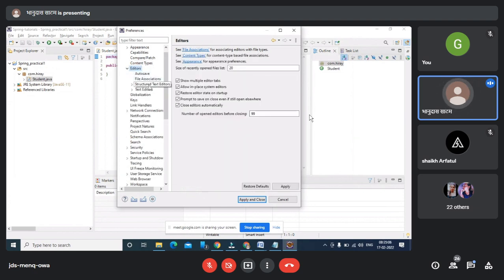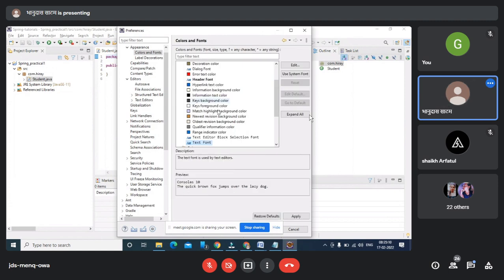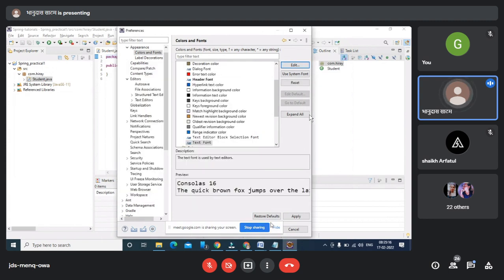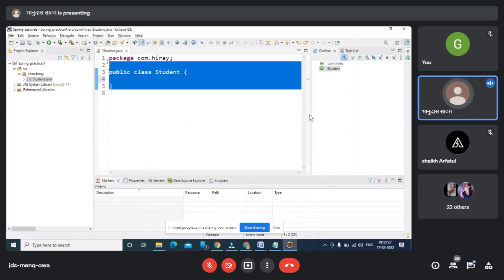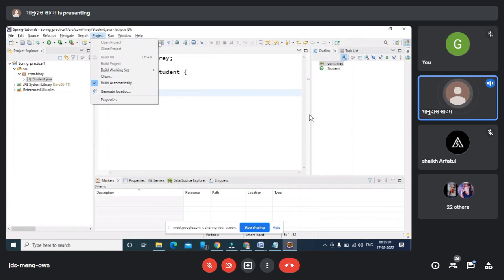There is a text editor, and there is color and font. So I'm choosing my text font, editing here, and increasing the font size to 16. So you guys can easily see this class. Or otherwise, if you want more, then I'll increase the font size again.